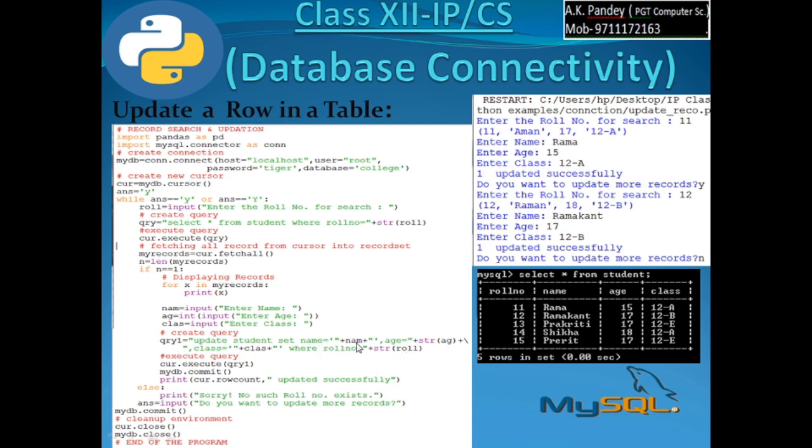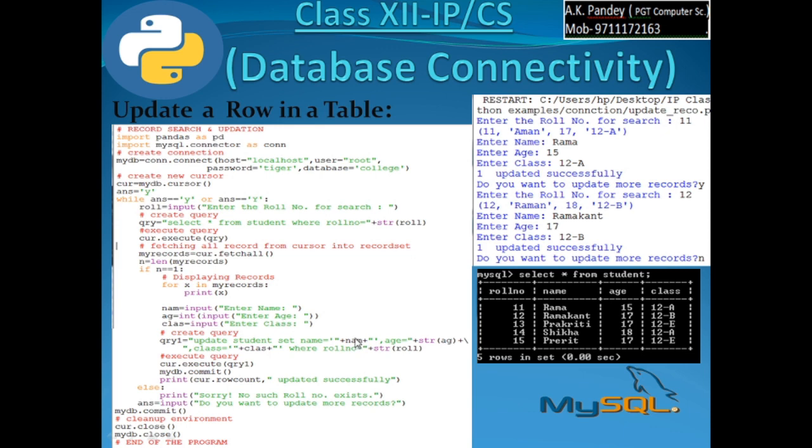So we are putting the condition that only one record whose roll number is specified in the condition, roll number is equal to say 12, whatever you have entered, gets merged over here in this SQL query.